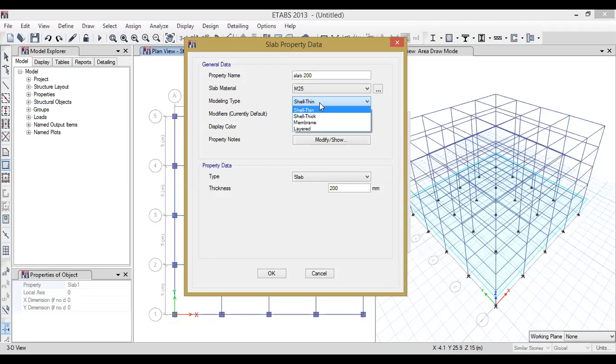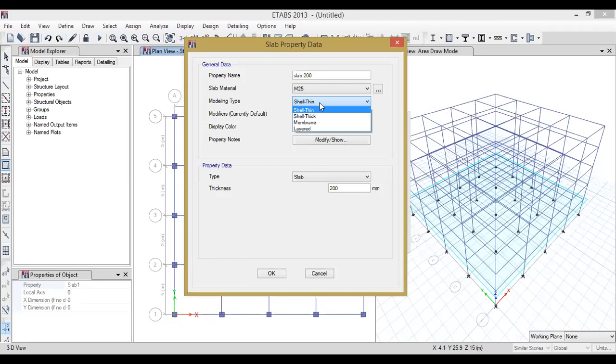To understand this kind of modeling type in depth, you need to learn two most important theories. For thick shell, there is Mindlin theory, and for thin shell, there is Kirchhoff theory.